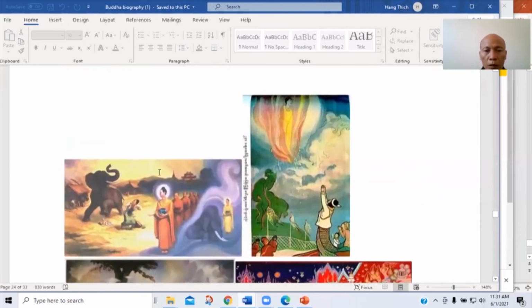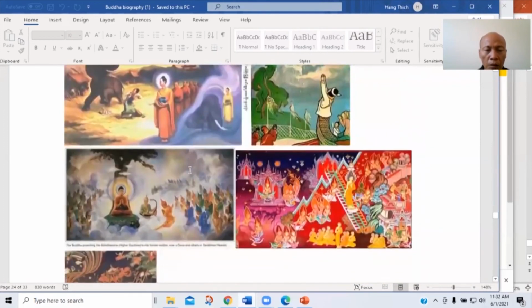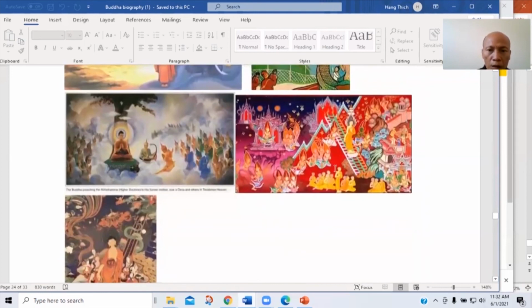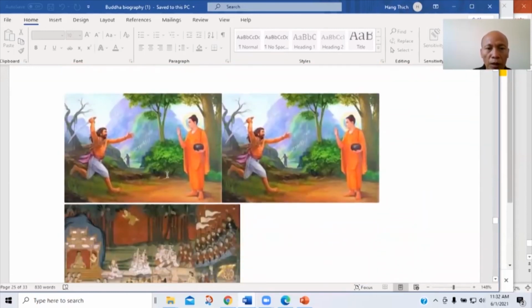And this is the scene where the Buddha tamed the drunk elephant that was released by Devadatta. So he tamed this drunk elephant with his compassionate mind. And here, one more time, he walked down from the heaven after 3 months, led by the gods up there. And this is a story that relates to how he